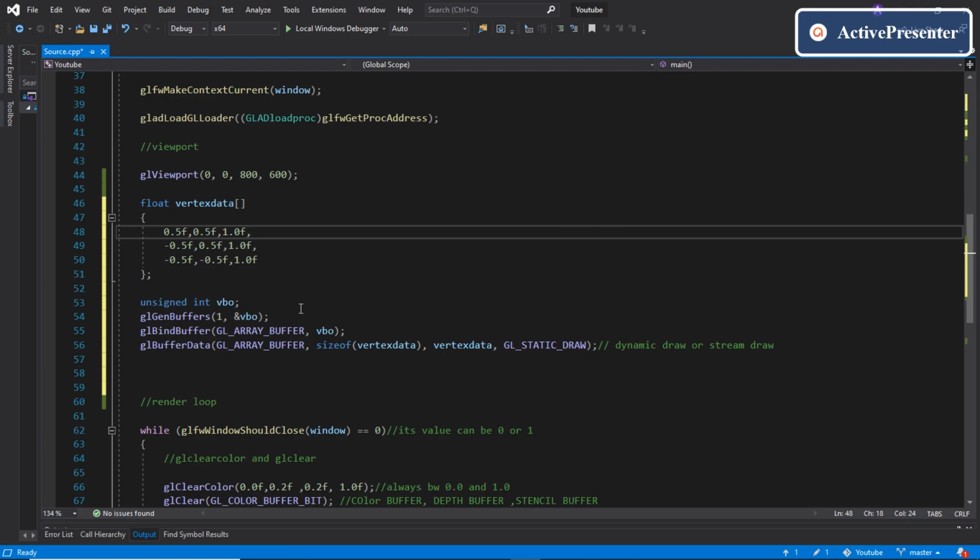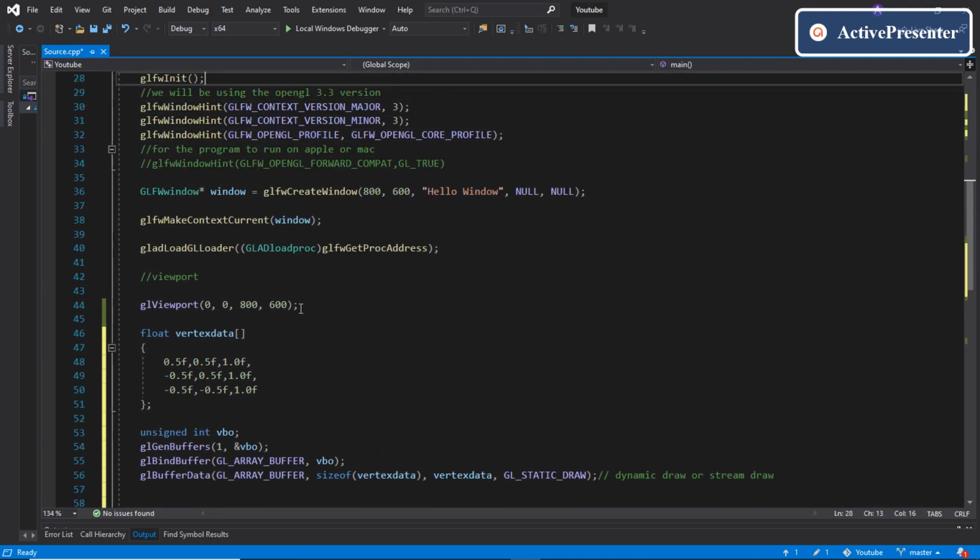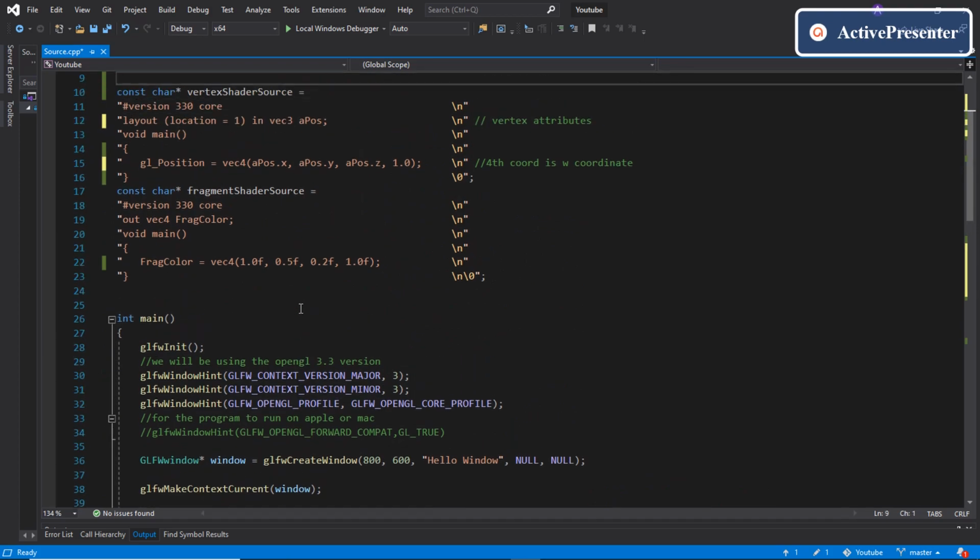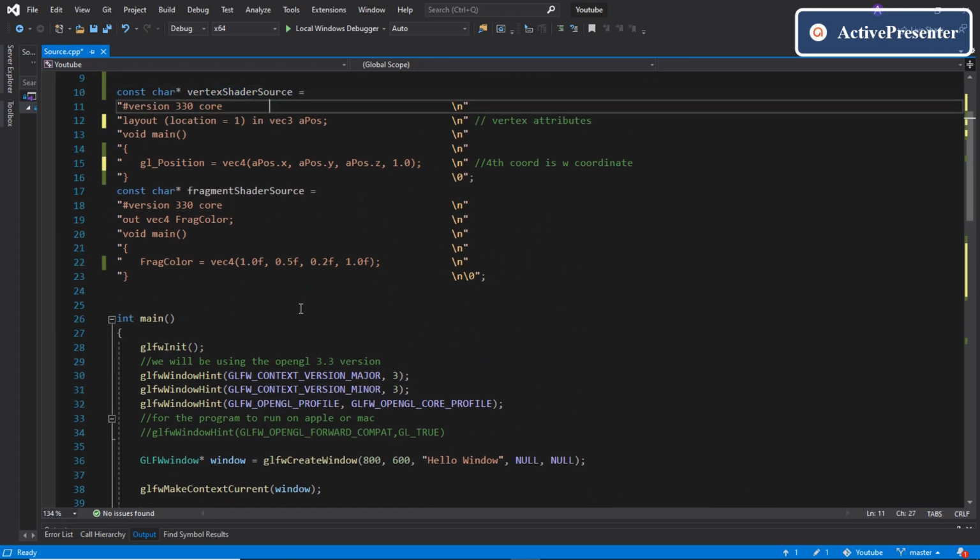Okay? So let's get back to this layout location I left before. We know that the input variables of vertex data are called the vertex attributes. So to send this data inside the vertex shader and configure how to interpret the vertex data, we use a sort of pointer here.